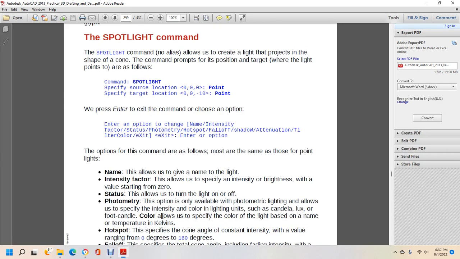The name option allows you to give the name of the light. Intensity allows you to specify the intensity or brightness of the light, with a value starting from zero. Status allows you to turn the light on or off. The photometric option is available. The photometric lighting allows you to specify the intensity of the color and lighting unit, such as candela, lux or foot candle. Color allows you to specify the color of the light based on the name or